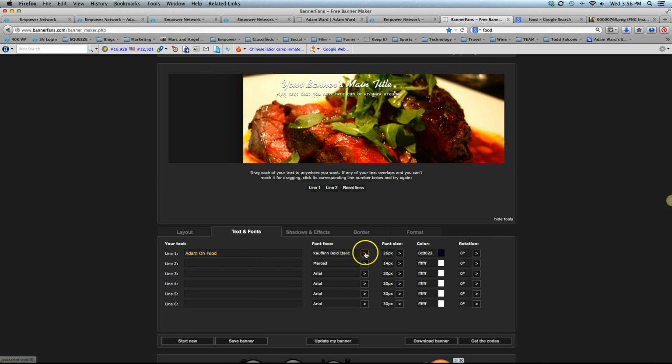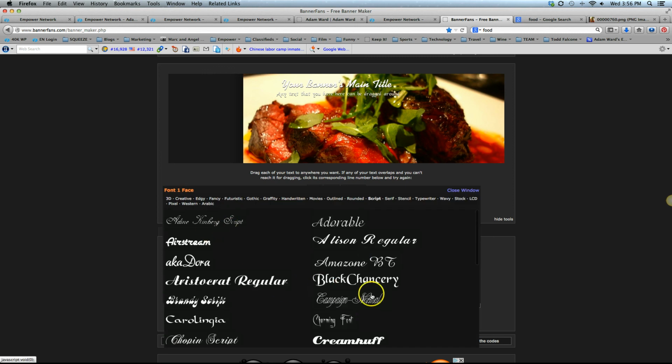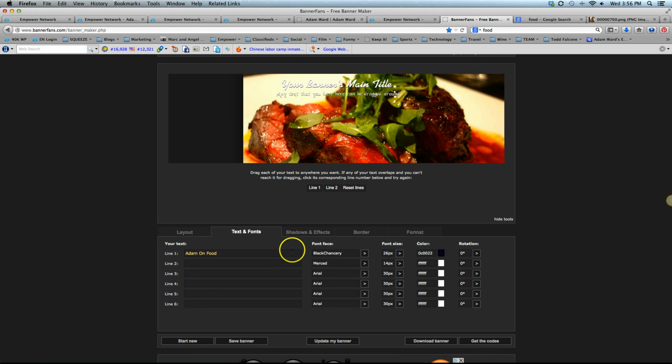The other great thing, if you click this little button right here, it gives you all these great font styles. So play around with that because it's really cool. Every time you want to see a change, you just click this Update My Banner down here. So you can see how it created that. Well, it's a little bit too small, so we can go here and let's blow that up to 50. Update. Okay,